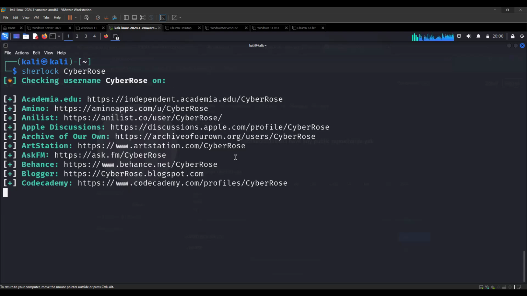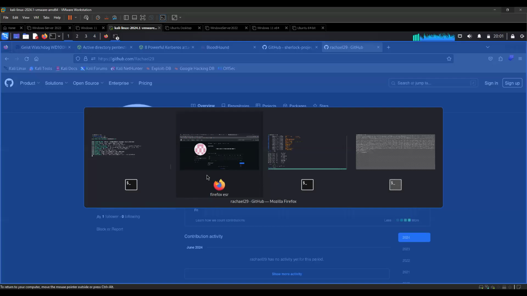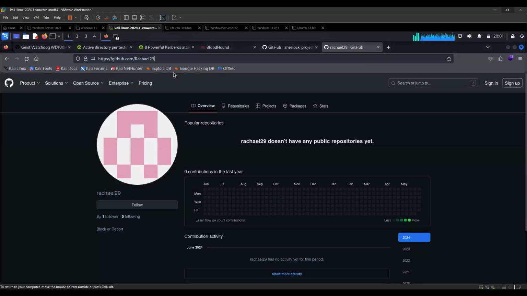It's also giving different results as well. So saying there's an account on Codecademy, ArtStation, Binance. You also need to click on any one of them to copy and open in the browser.